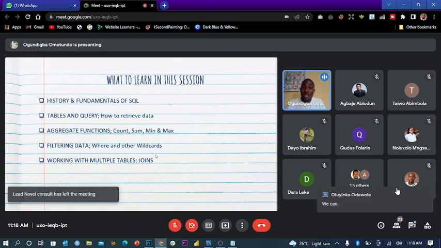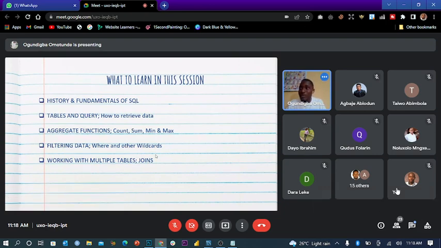And lest I forget, please, please, this is not a one-day journey. Those of us that want to start learning this programming language now, let us try and put our mind to it, because it's not something you learn today and tomorrow you put it aside. You have to keep practicing. I didn't get to this stage by just learning one day and getting over it. Constant practice over time makes you a professional with the use of SQL.